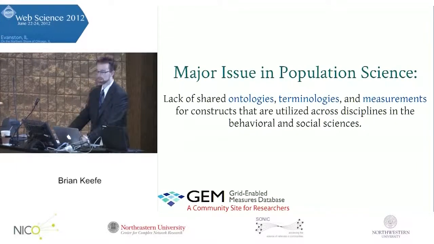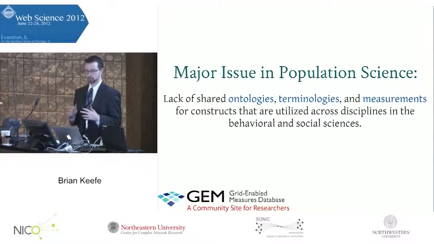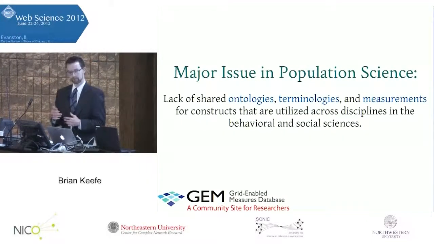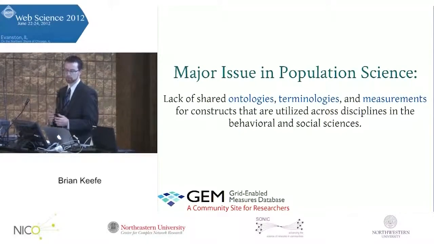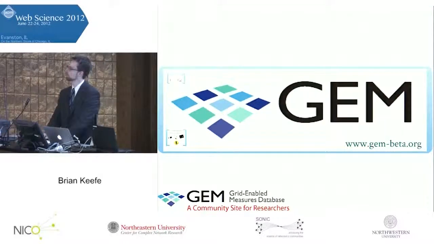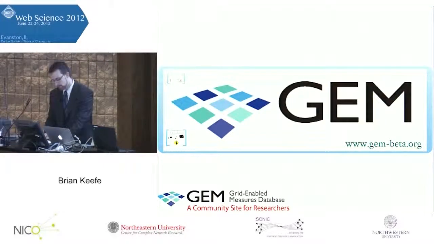Wonderful. Okay, there's a major issue in population sciences currently, which is a lack of shared ontologies, terminologies, and measurements for constructs that are utilized across disciplines in behavioral, social, and population sciences. Now, one potential solution for that is GEM, which is the Grid-Enabled Measures Database. Now, GEM